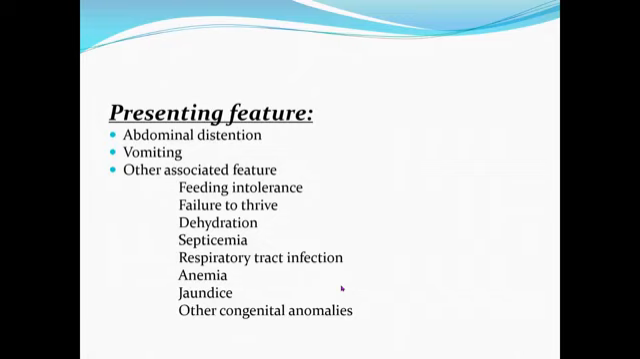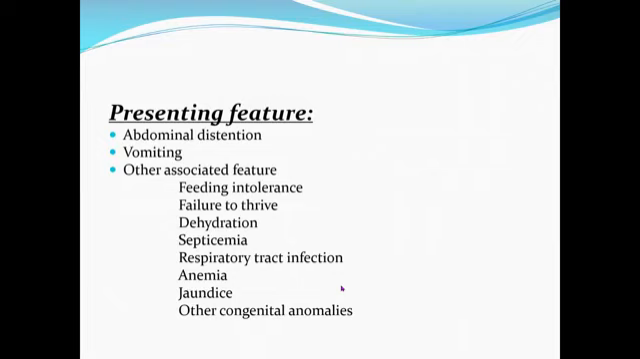And what are the presenting features? Now, about intestinal obstruction, the presenting features are common to all ages; it does not vary. But in the case of neonates, sometimes some extra features are here. That is, abdominal distension, which is common. Vomiting is also common, and associated features such as feeding intolerance. The baby will not take enough food and is always crying. Failure to thrive and dehydration are also very common